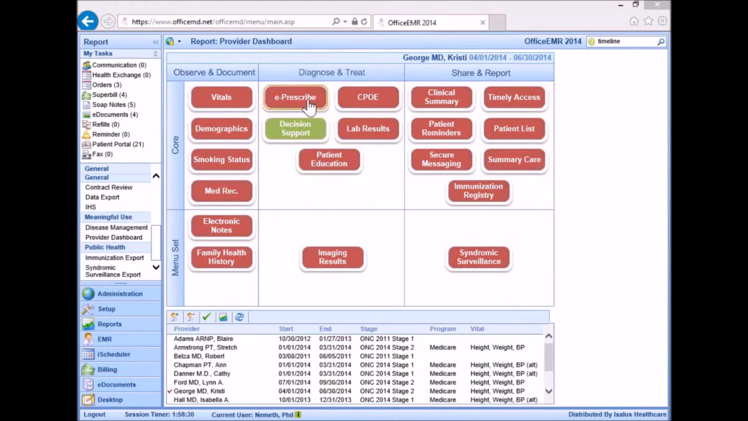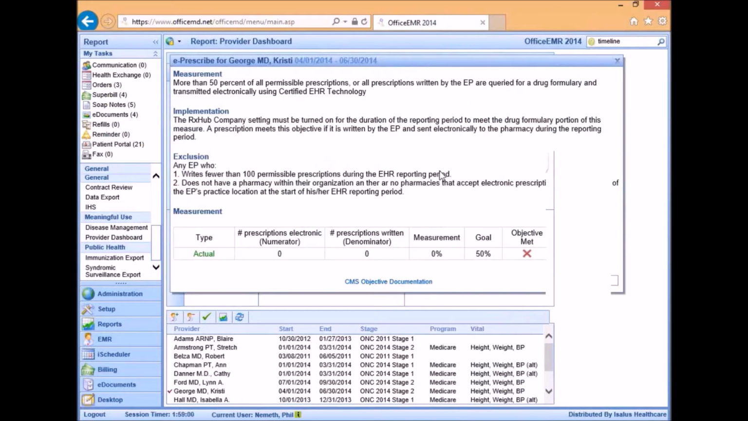Prescribe Objectives. So I'll go ahead and click on our Prescribe button to take a look at what we've got going on here. Okay. So for stage 2, there's actually kind of a combination here. The Prescribe Objective is now a combination of 2 old objectives from stage 1. So it's basically a combination of course, the original Prescribe Objective, and then they're also combining it with the RX